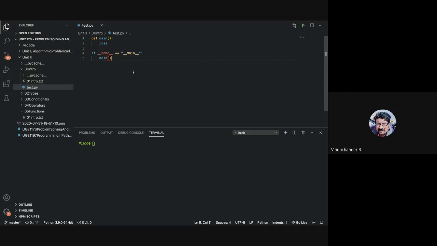Before understanding decorators, please remember that in functional programming style, functions are treated as first-class citizens.